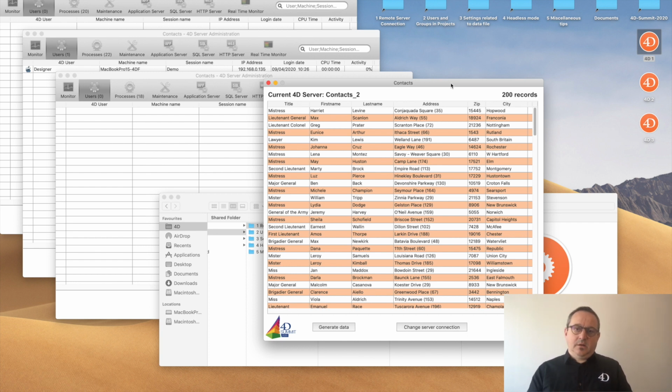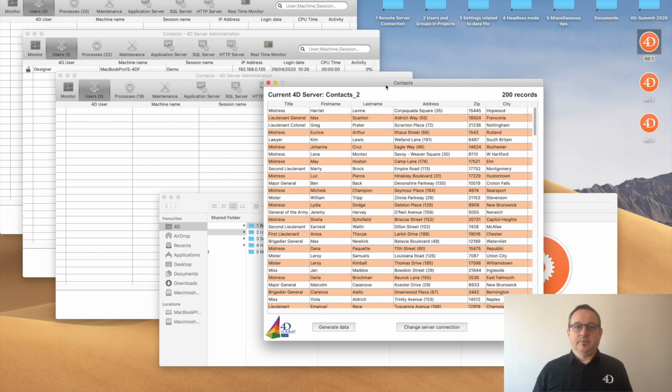Maybe you have seen that in the connection application, build application, I have checked the compiled structure, but I also checked the component checkbox, and it's an easy way to switch servers without closing the application and opening it again.